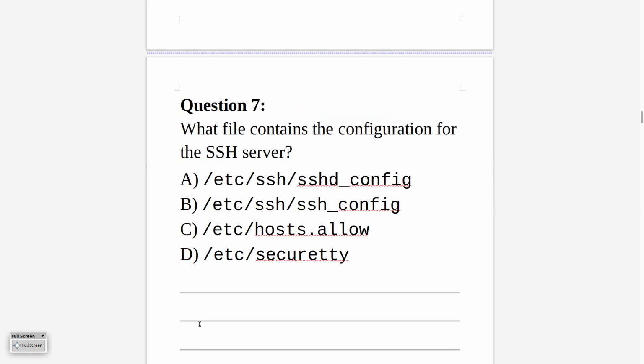Great. Question 7. What file contains the configuration for the SSH server? Is it /etc/ssh/sshd_config? Is it the same but ssh_config? Is it /etc/hosts.allow, or is it